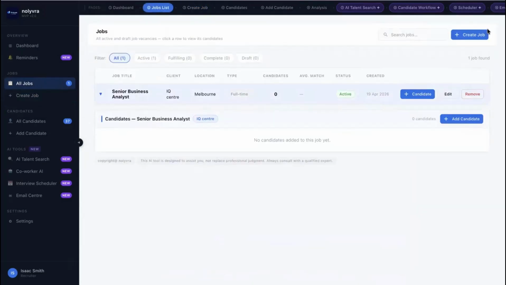From here, we're also looking towards distribution. So we're building integrations with platforms like LinkedIn, Seek, Indeed, and other websites. So instead of manually copying and pasting the job description across different sites, the system will be able to publish it